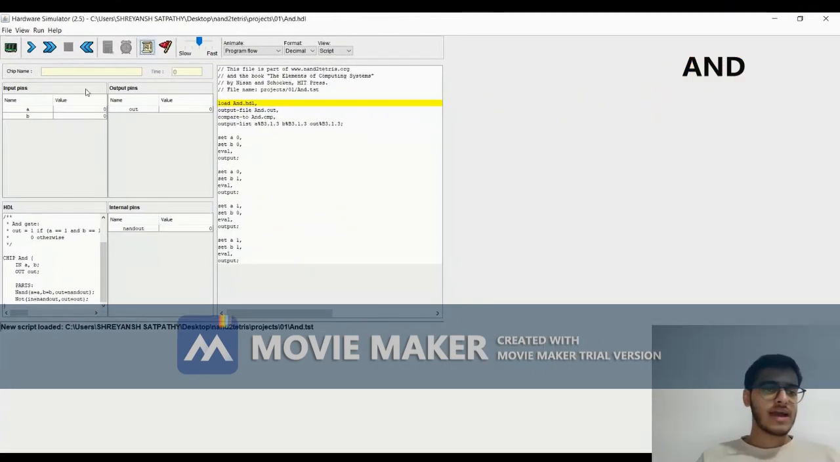So today we have the AND gate here, the AND chip, and this is the AND HDL file, and this is the script. Now the script basically mentions the set of codes that have to be run in order to prove that this HDL file or this chip works. Now when we run it for the first time, only the first set,